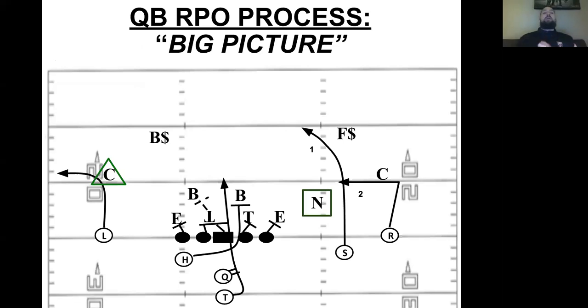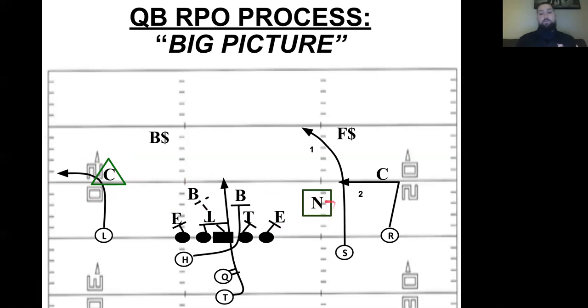So if we look at this thing, big picture, super simple concept, okay? This would be like day one install stuff for us. If we're talking about what we use with the U16 national team, for us, this would have been our deuce, and this would have been two laser bend. R deuce, two laser bend. And I got one coach signaling R deuce, and I got another signaling two laser bend. Okay. And so we're getting this in quickly and we're moving fast. Our access side is the away side, and we've got a triangle around this corner.